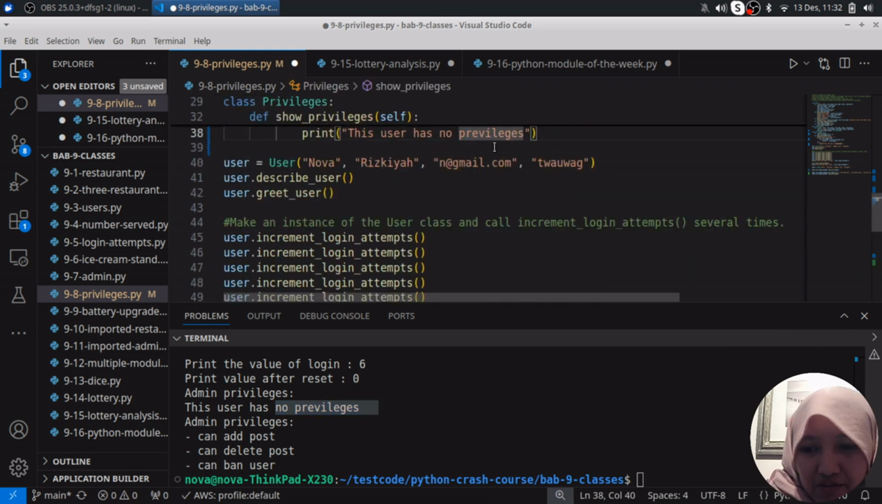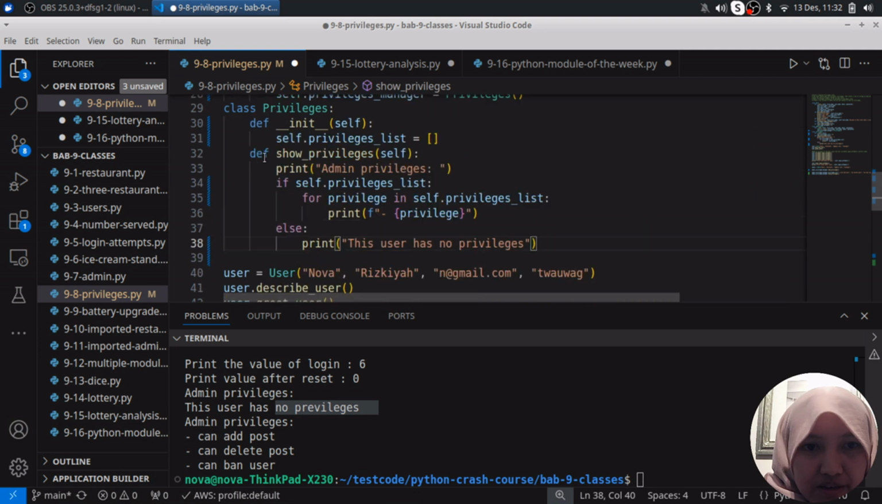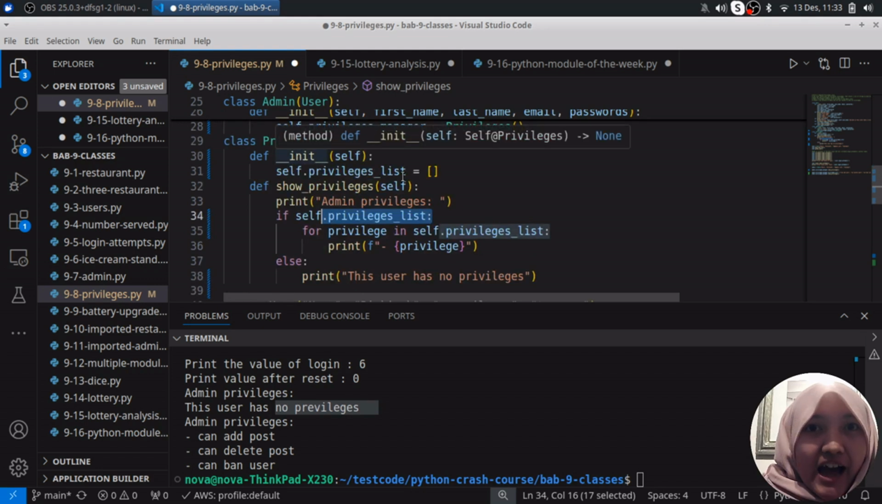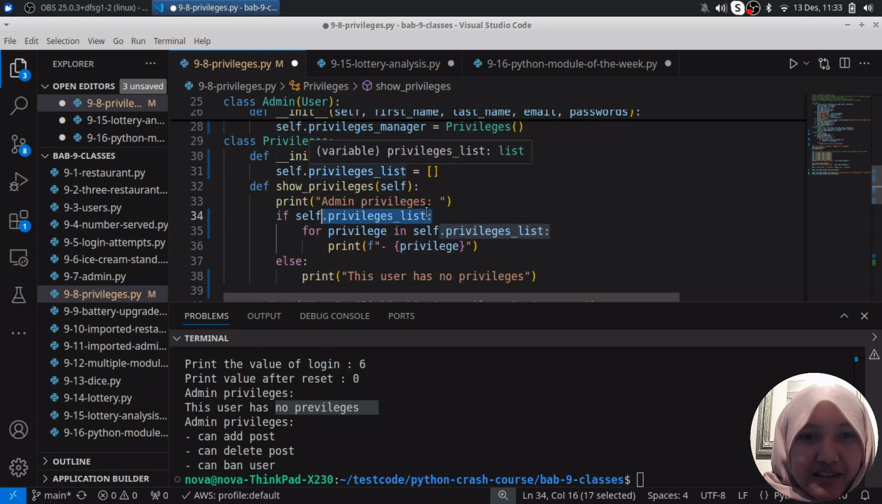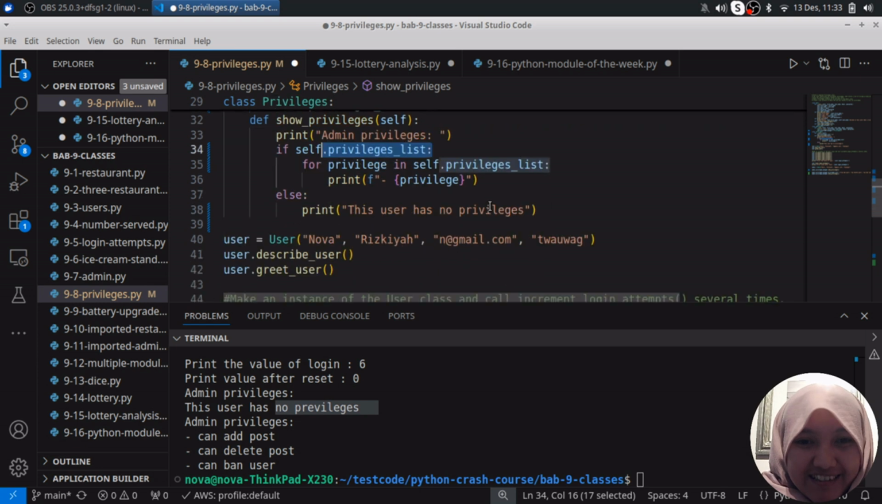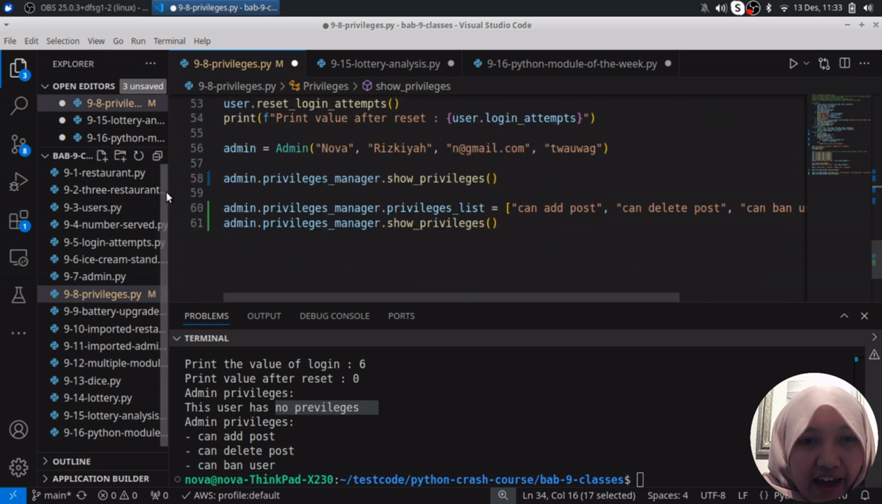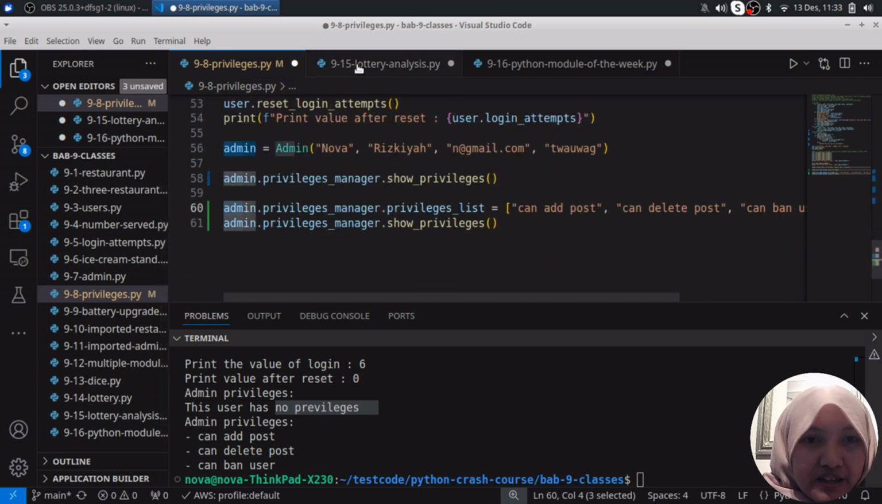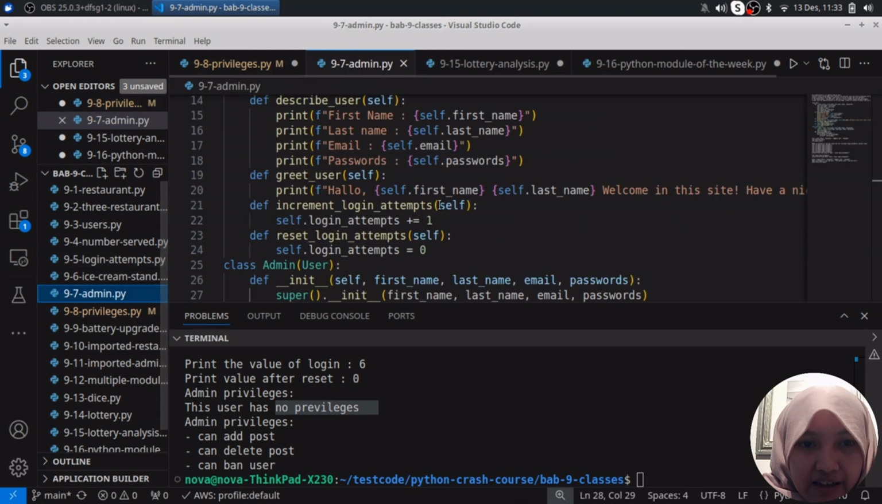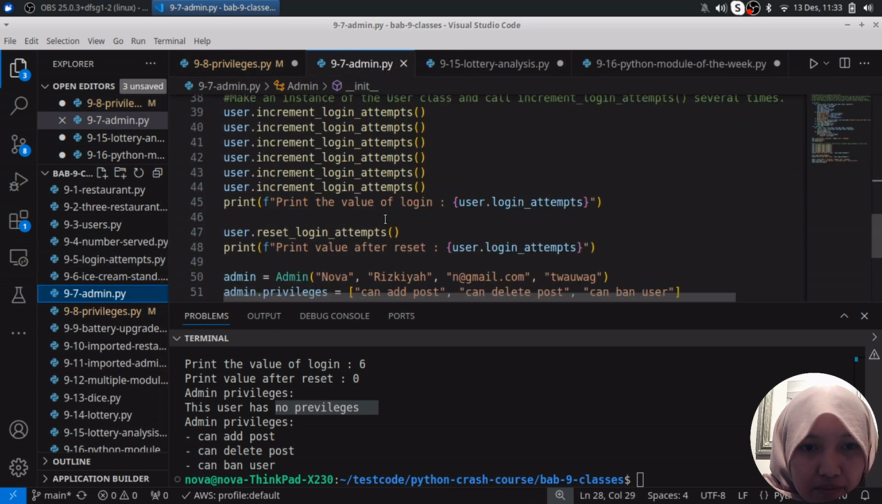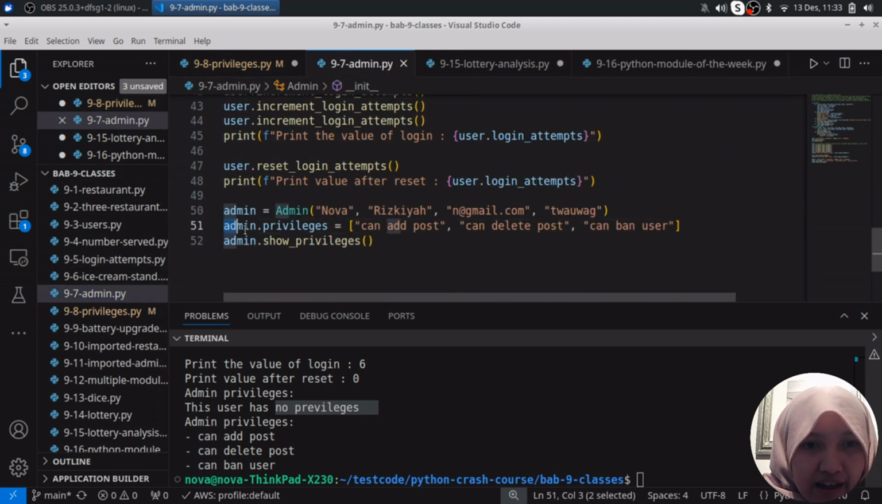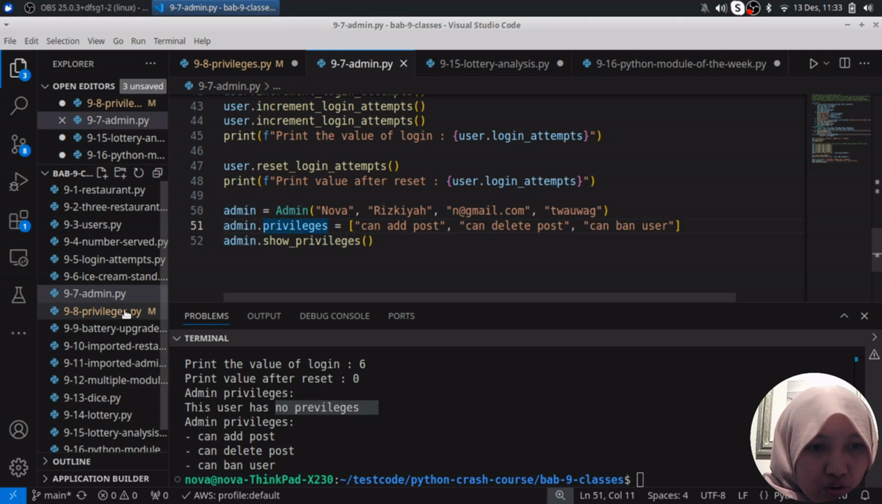It has the privilege here, because there are no privilege lists in the class of privilege, because I didn't add the list, right? But if I add the list, it is the same as before in 9.7 here. I can add the list here. It is the same. So I add